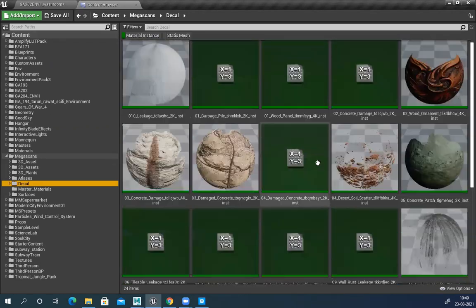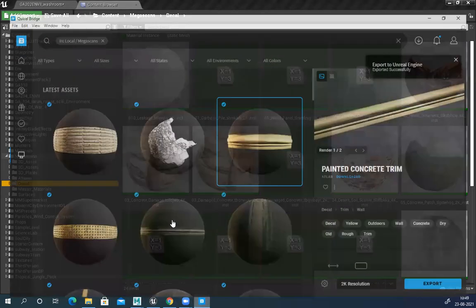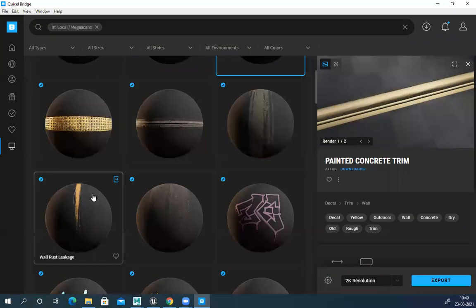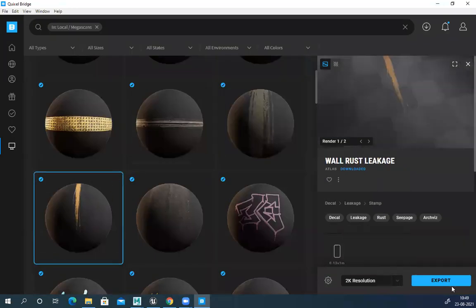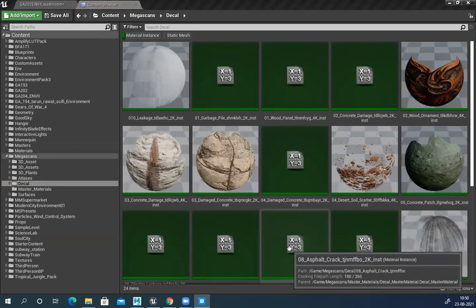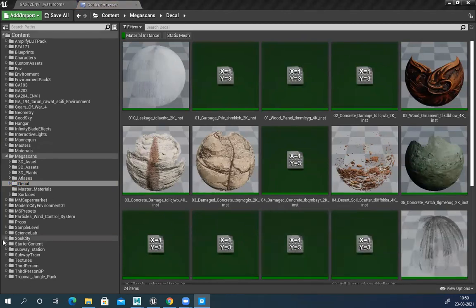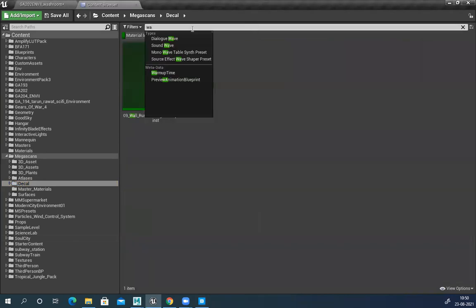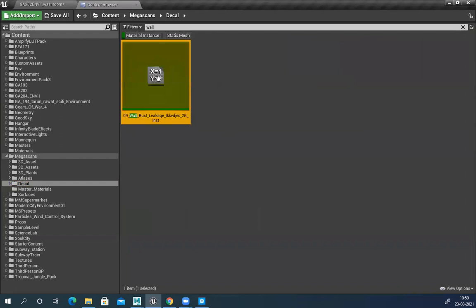They call this leakage I have. There's something just like this one, not this one. Wall rust. This one.